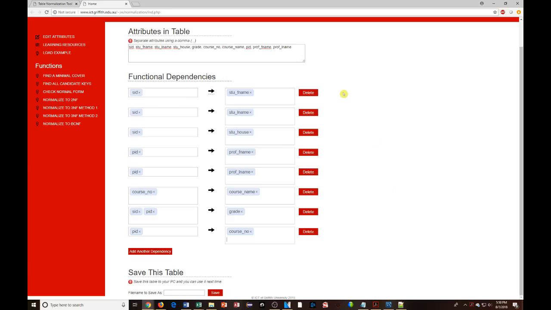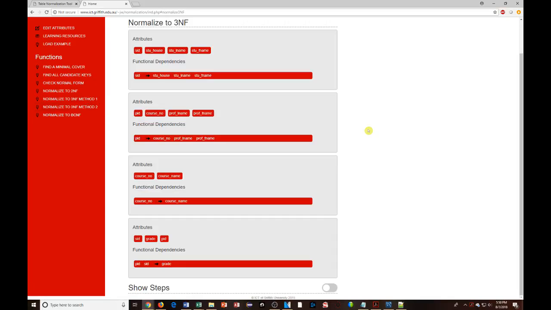Once we're satisfied that we have the functional dependencies, we can choose normalize to 3NF. Either method is fine. Here you can see the resultant relations that we came up with. We have one for student with student ID, house, first and last name. We have one for professor with professor last name and first name, as well as a course number as a foreign key, a course relation with course number and course name, and an enrollment relation with professor and student ID